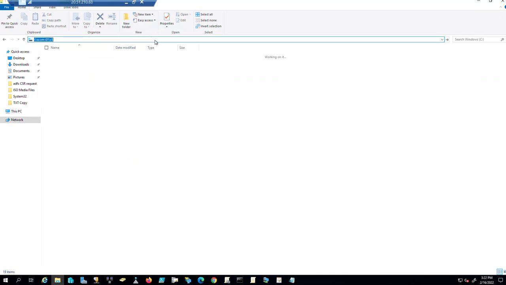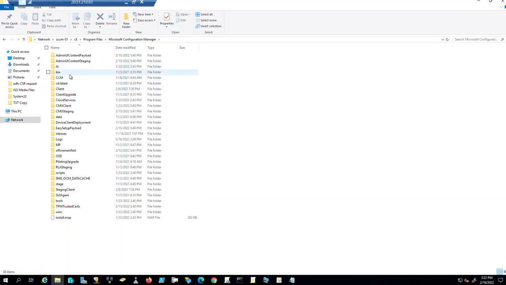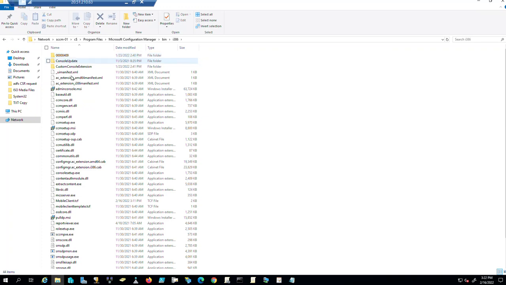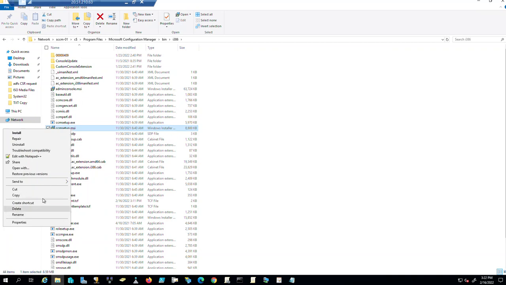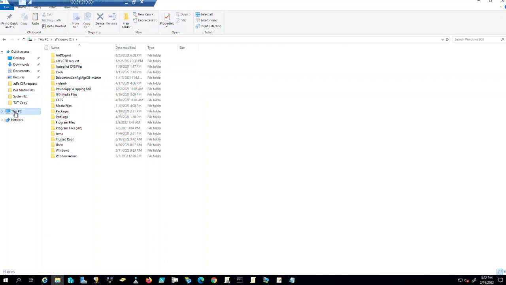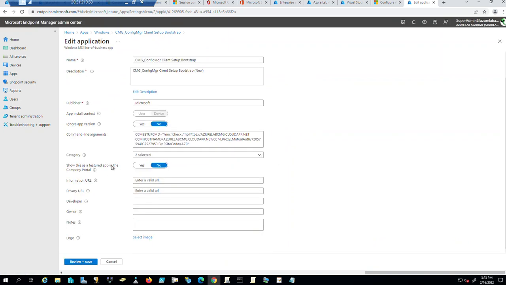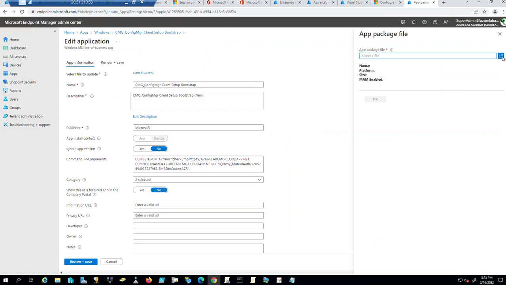It's CCM01 C$ Program Files, Configuration Manager, bin, i386, CCM setup MSI. I'll just copy this MSI file. I'll paste it here. My CCM MSI file. Go ahead and upload the new file